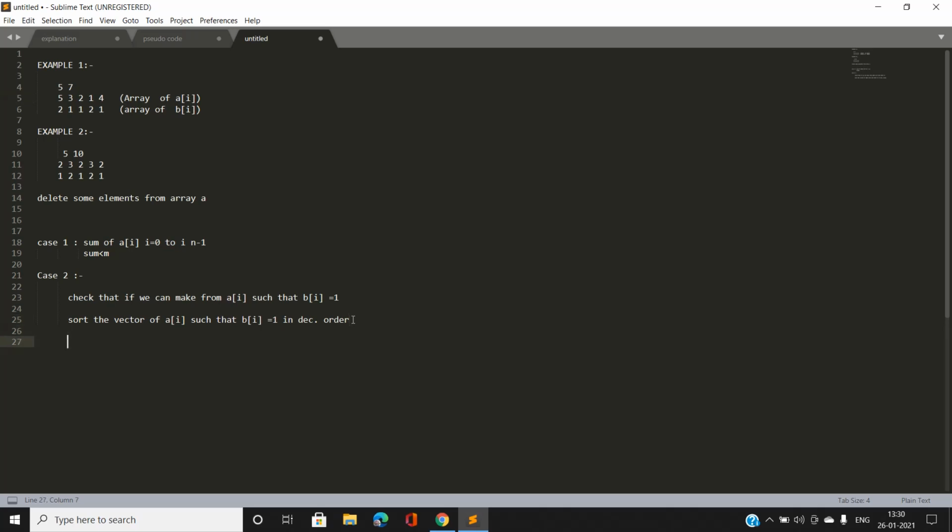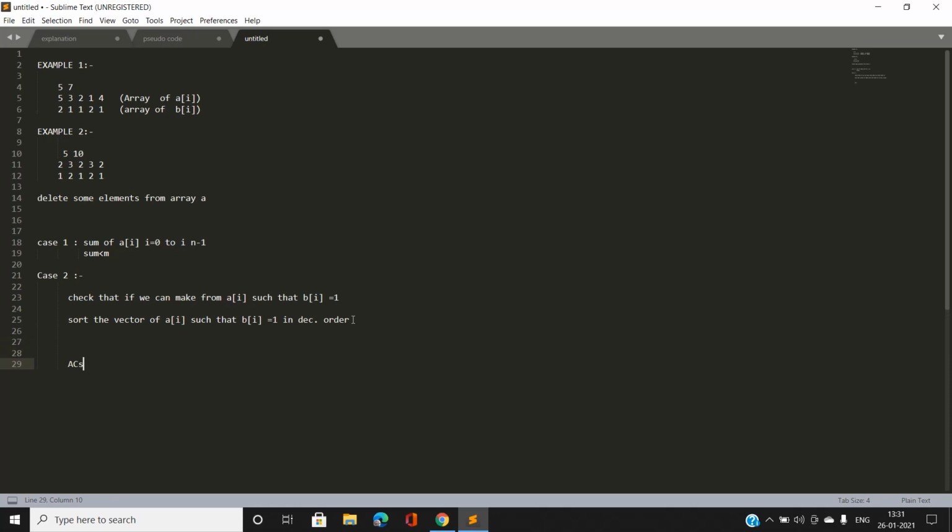Now first we check whether some subset of convenience point 1 can free at least m memory; then our answer could be that, and we take the minimum every time. Again, we check for 2: if we choose some subset of values of ai such that bi is 2 and we make at least m units of memory, then our answer could be that, and we take the minimum of all of them.